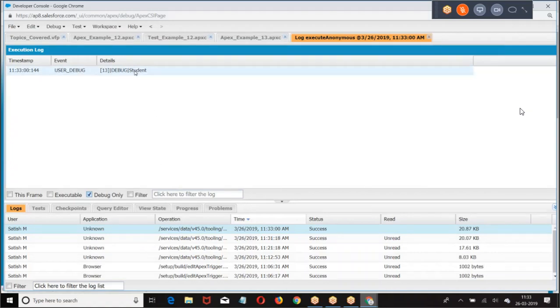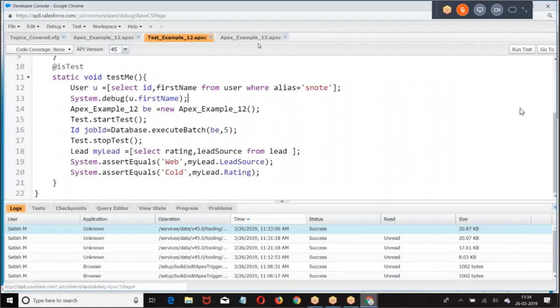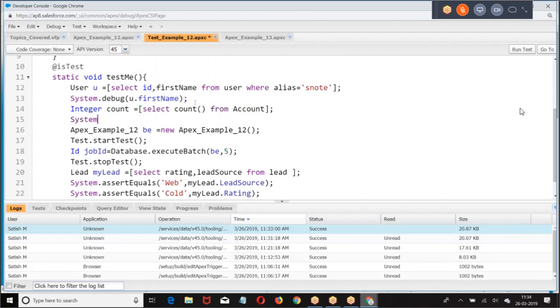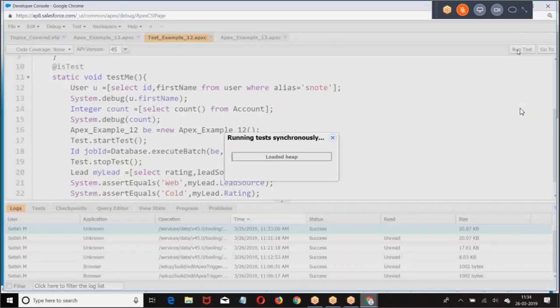Now I wrote a query here. Same, I am writing a query here. Somebody asked me yesterday, because we wrote one program yesterday, update the owner. Then he asked me a question: you said database is empty in the test class, but how are you getting the user? Now this is with respect to the objects. With respect to the regular global objects like user, profile, this data can be fetched. Same query I am going to write like this. Integer count equal to select count from Account. I am printing the count from account. Already there are some records in the account, right?